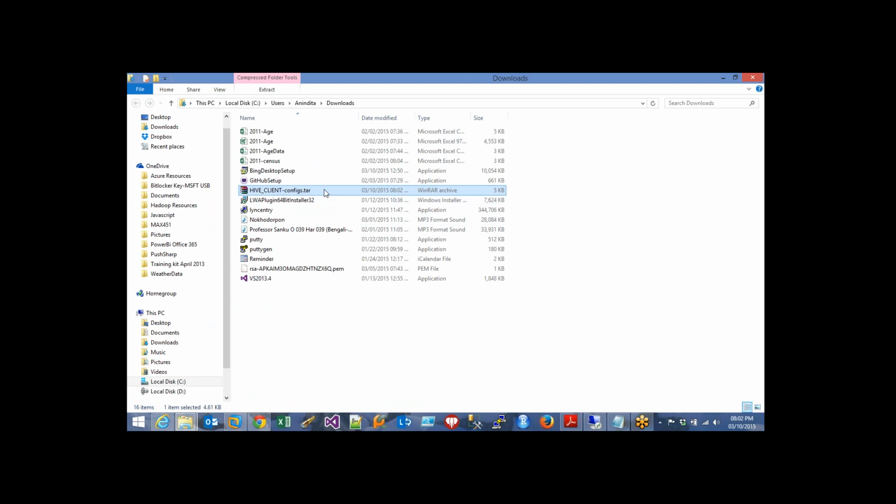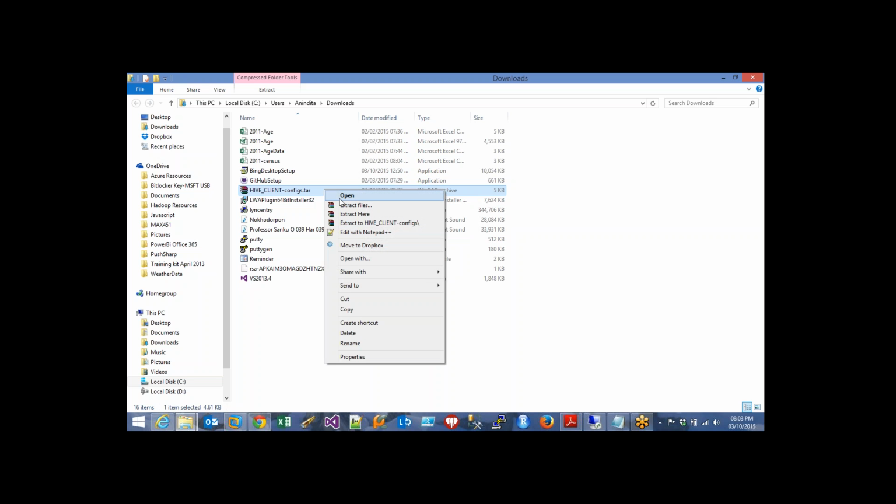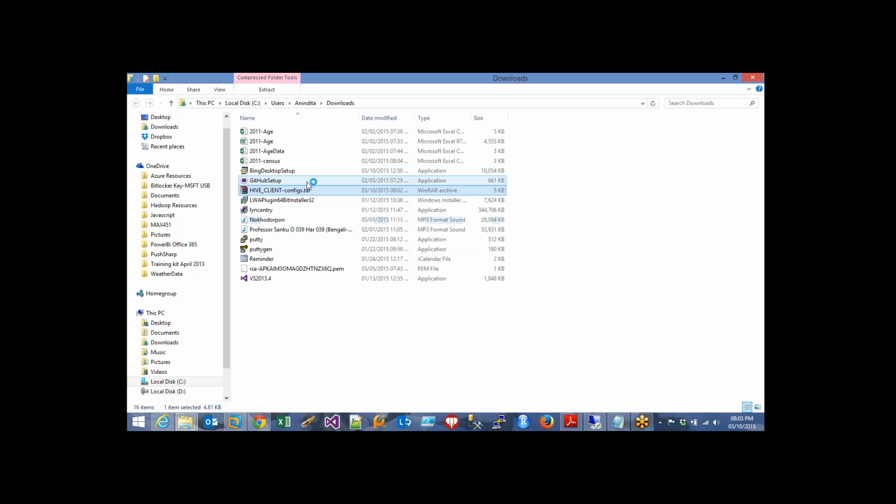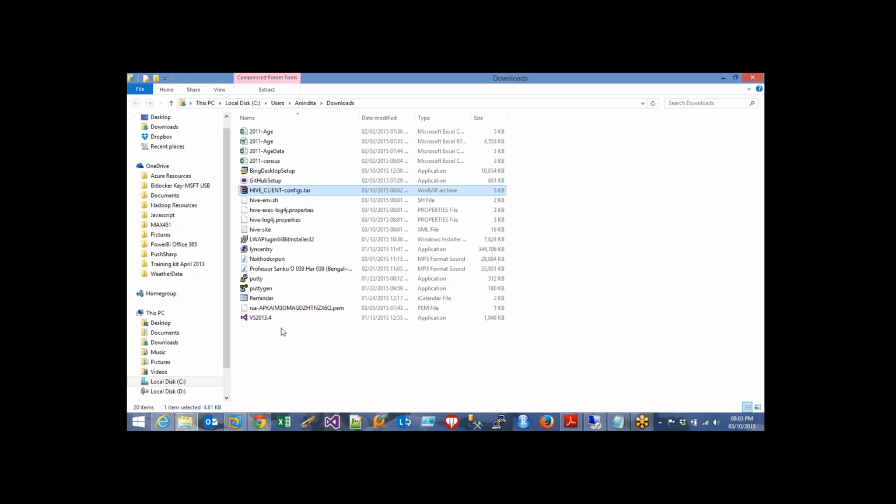What I can do is extract this one, so I'd be able to see the corresponding extracted file that has the Hive client